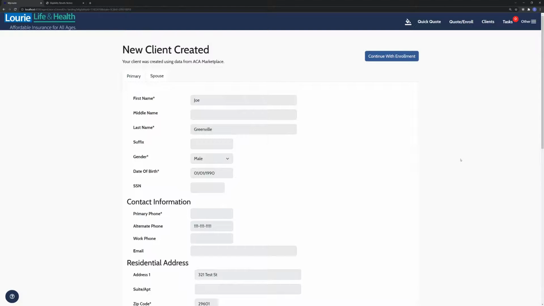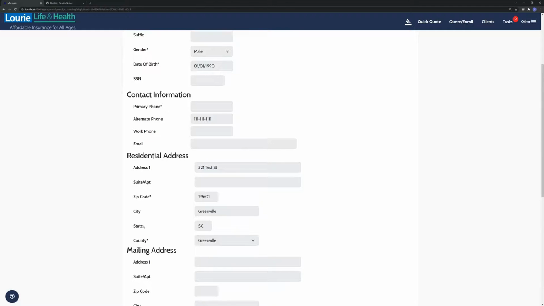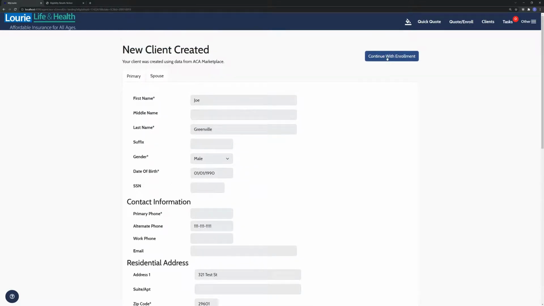Yeah, it's all important. So this is the landing page when you come back from healthcare.gov when you're doing the create a new client flow. So here you'll see we have a primary and spouse in this situation. So it created these client profiles for us. And if you had dependents, you'd have a tab for each dependent as well. So you can review the information here. You can't edit it, but this is all just pulled straight from the marketplace application you provided. So then we'll continue with our enrollment,